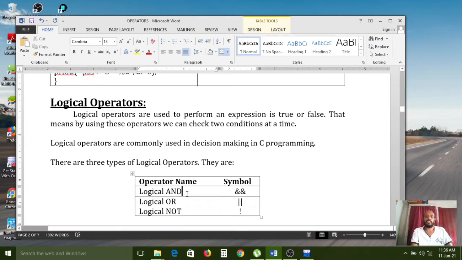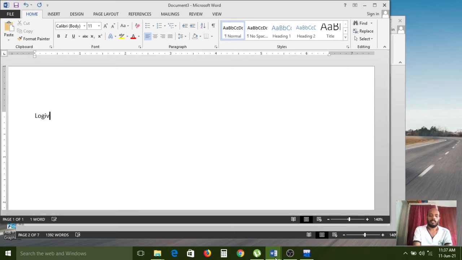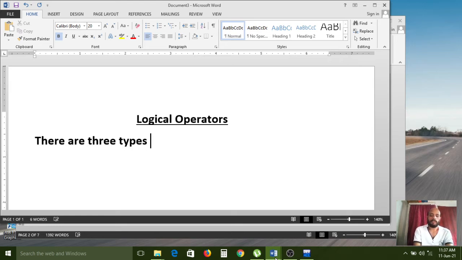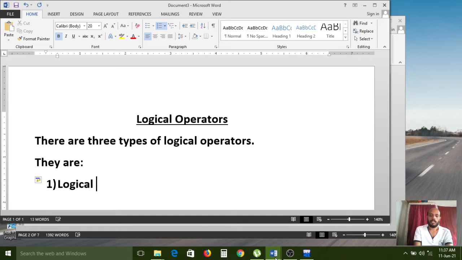Here I have given one table, carefully observe: logical AND, logical OR, logical NOT. The first one is logical AND.